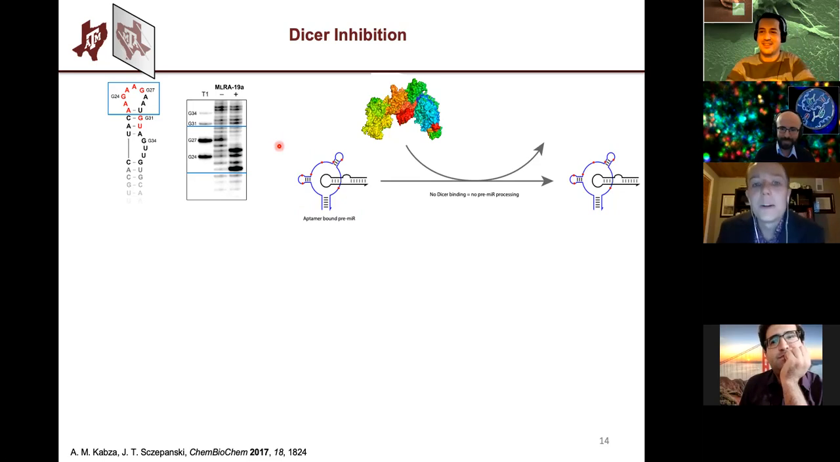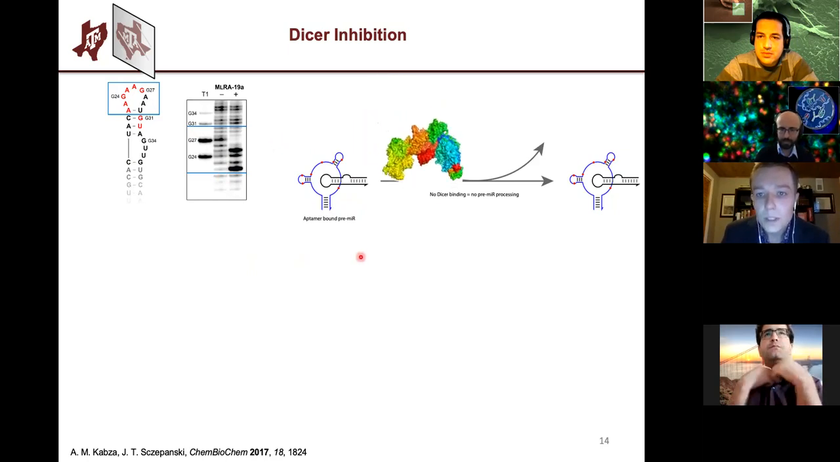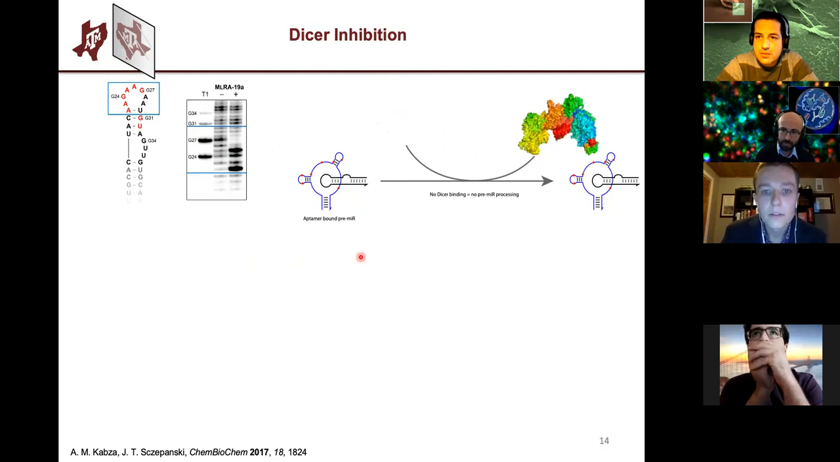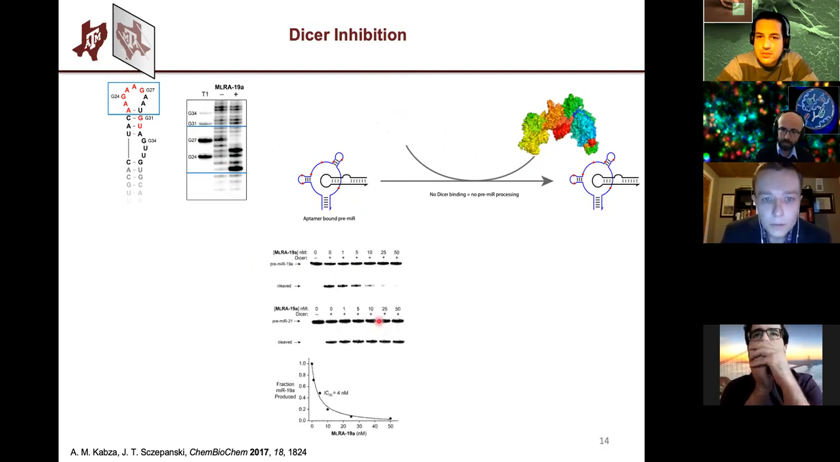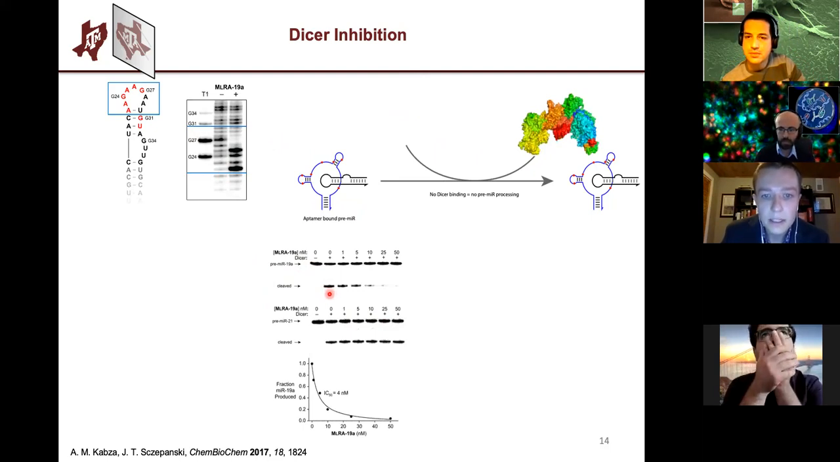Yeah, no, it's okay. So once we determined that it binds the loop region here, we were pretty confident that dicer will basically just bounce off from binding. And we did a dicer inhibition analysis. So here I have precursor microRNA 19A without dicer, with dicer and no aptamer. So this is basically how much it gets cleaved in the absence of any inhibitors. And then as I increase the concentration of the aptamer, we get essentially full inhibition of dicer at around 50